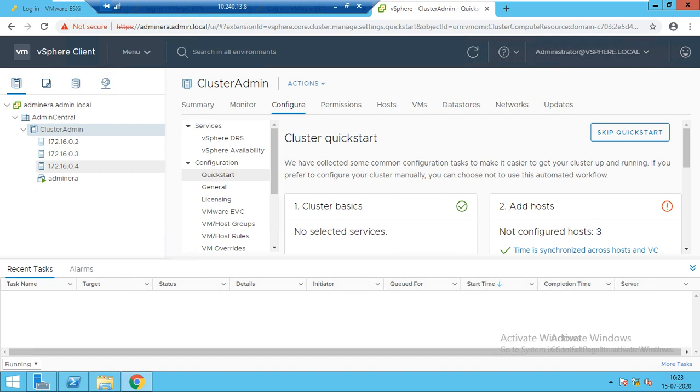So first we'll go with HA. How does it work? When you configure HA on the cluster, the FDM agent is installed on each of the hosts associated with the cluster. As the hosts get installed with the FDM agent, the election process starts. Now you may ask, what is the election process?